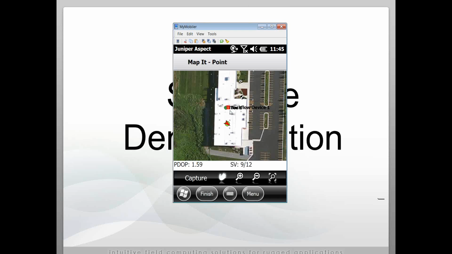Now there's 2 ways of doing this. You can either place it using GPS or place it manually. If I know I'm standing right now currently where the backflow device should be, I'm just going to tap on Capture. It'll go through my mapping process here, this progress bar, and it'll move that from here to here. What happens is it'll have the former place still highlighted, and the new place is underneath my green circle here. You can see now my GPS moved a little bit. I can see it. So if I'm happy where that is, I'm just going to tap on Finish,